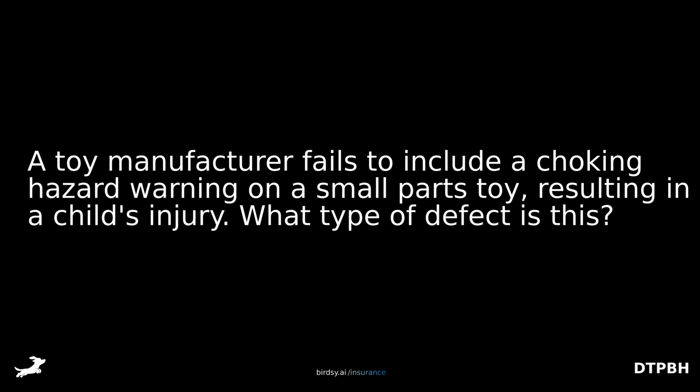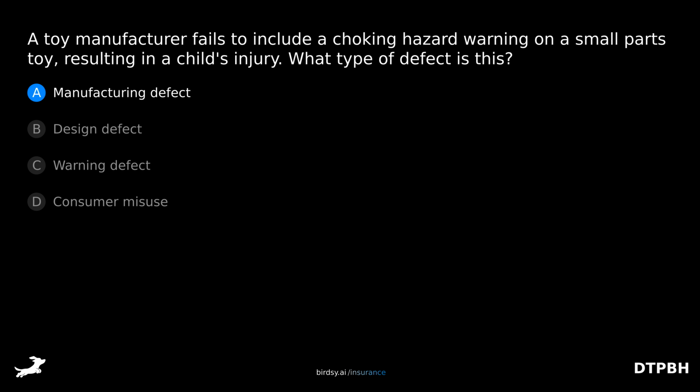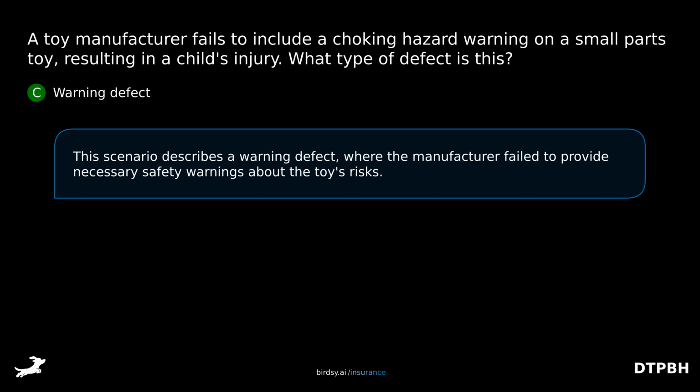A toy manufacturer fails to include a choking hazard warning on a small cart's toy, resulting in a child's injury. What type of defect is this? Is it A, manufacturing defect, B, design defect, C, warning defect, or D, consumer misuse? The answer is C, warning defect. This scenario describes a warning defect where the manufacturer failed to provide necessary safety warnings about the toy's